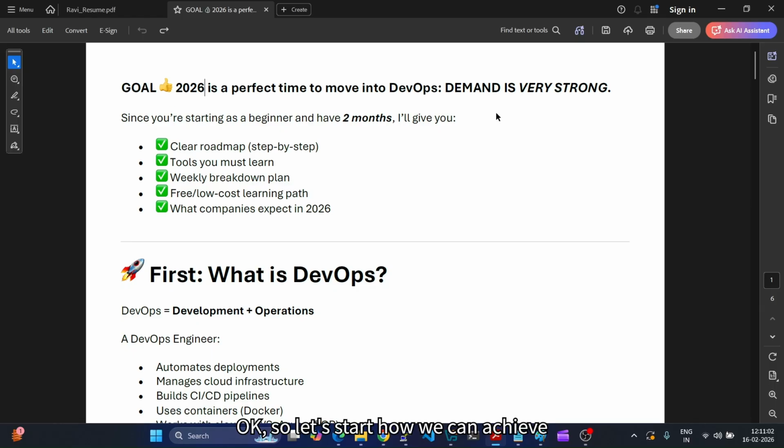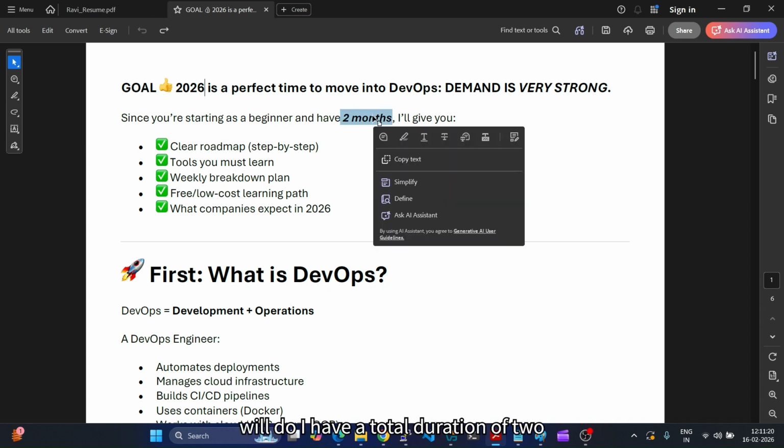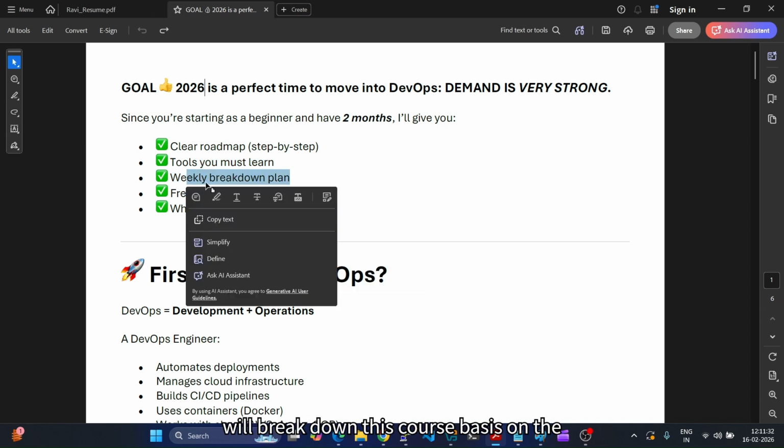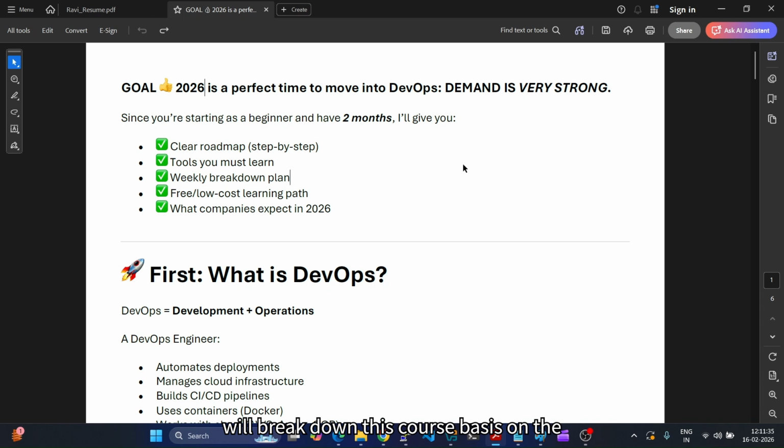Okay, so let's start with how we can achieve this DevOps Zero to Hero course within 2 months. And this is the year 2026. What roadmap do we have to follow to achieve this goal? I have a total duration of 2 months. In that period, I will explain a clear roadmap, a step-by-step process. Then I will also explain the tools we have to learn, and I will break down this course on a weekly basis.